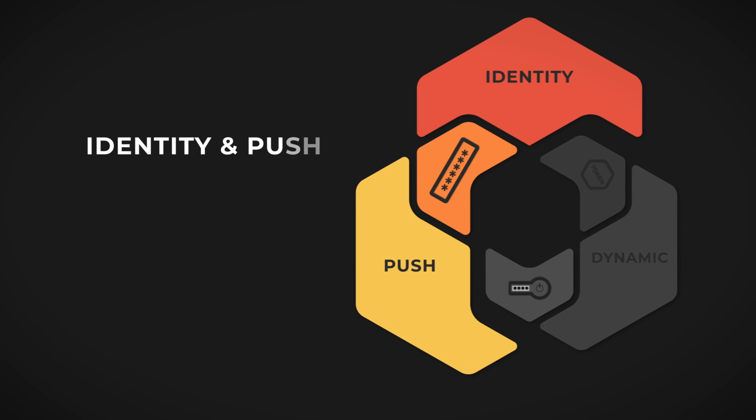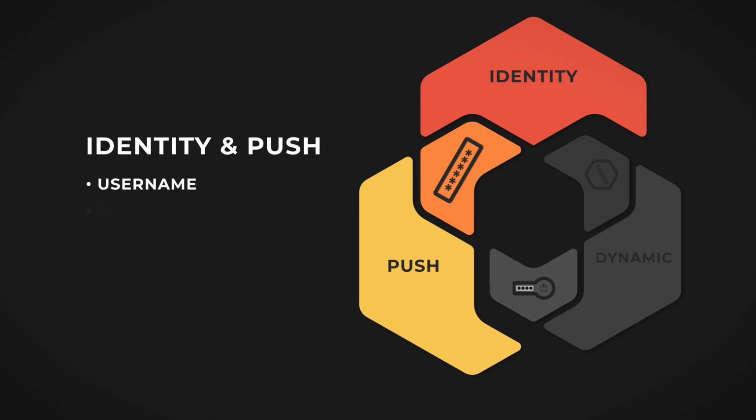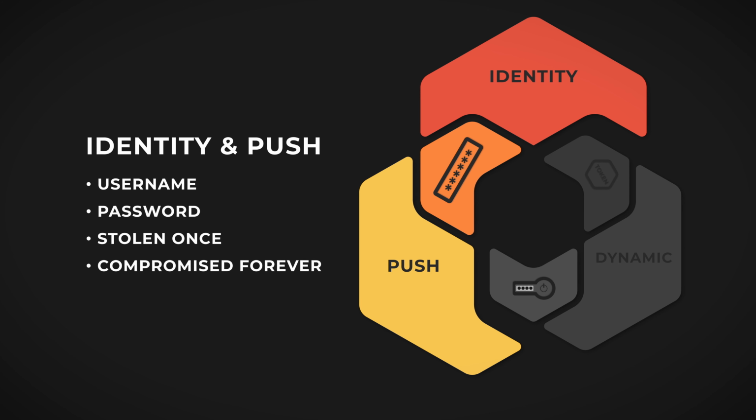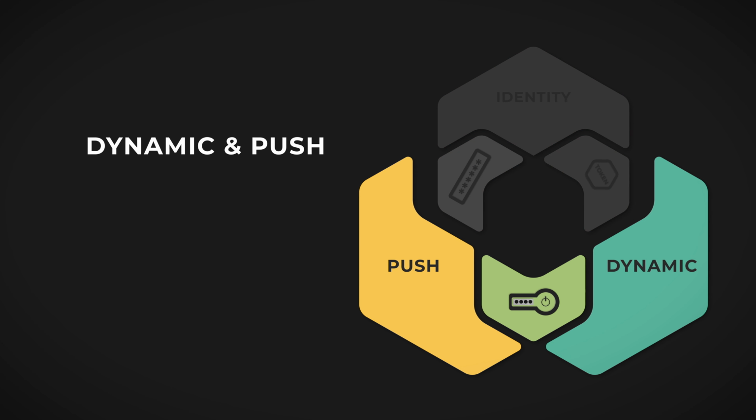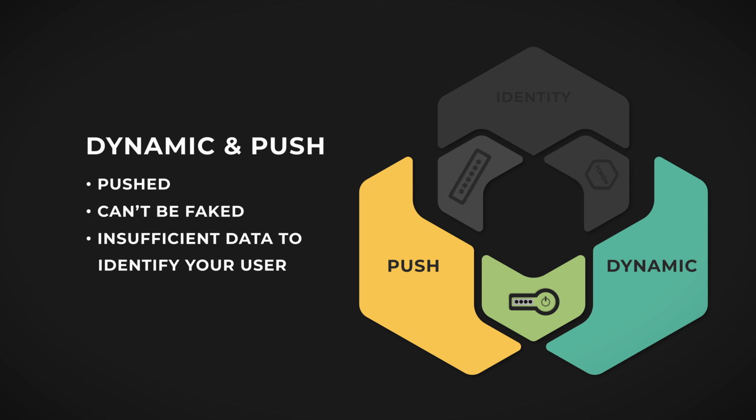Early authentication models used your identity and password pushed over the network for authentication. But this simply isn't secure, and if your password is stolen, anyone can use them to access those systems. Dynamic RSA keys pushed over the web can't be stolen or faked, but on their own, they're simply not enough